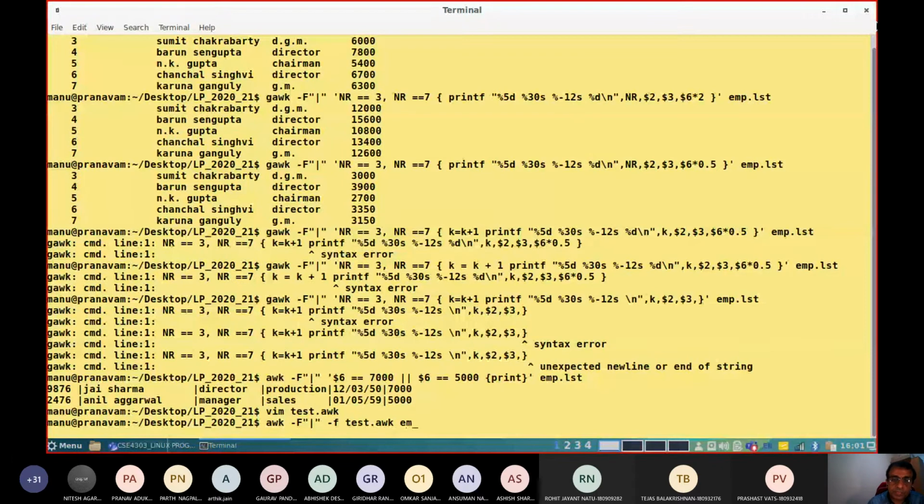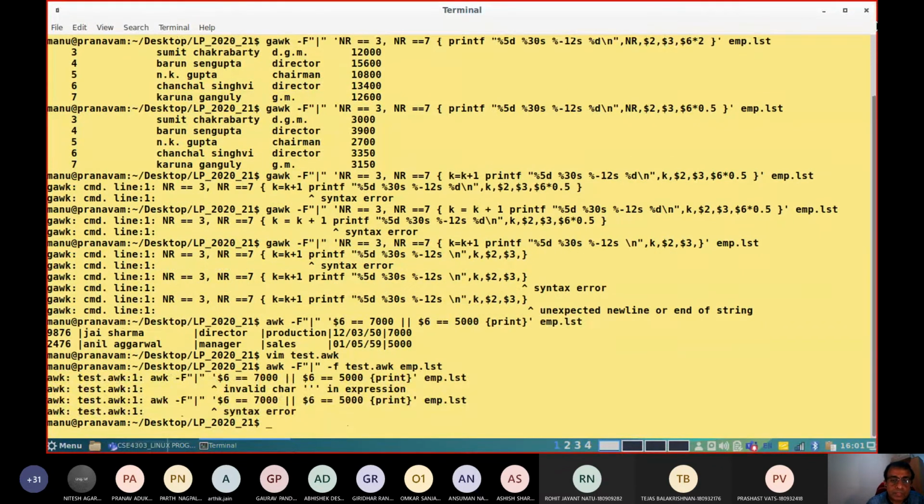Input file is emp.lst. Let me look into this.